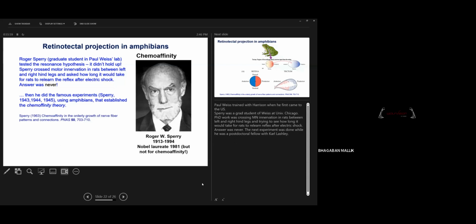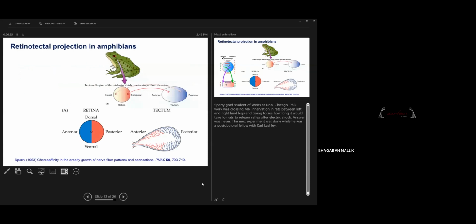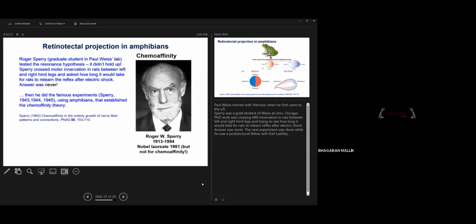Roger Sperry, who was in this lab. They gave a certain hypothesis for this projection of axons to different compartments. They used this model, amphibian models, where they defined how the expression of a certain chemical in one compartment guides the axon to that region. So I will talk about that. This is called retinotectal projection in amphibians. I don't want to spend much time on what has been done, but I just want to show what kind of experiment they did